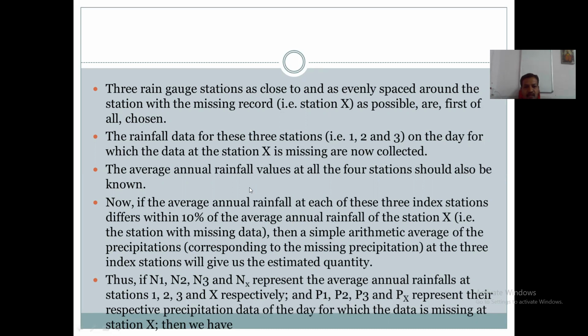Then if the average annual rainfall at each of these 3 index stations differs within 10% of the average annual rainfall of the station X, by knowing the average annual rainfall of all the stations, station 1, 2, 3 and station X, if any difference between the stations is within 10% of the average annual rainfall,